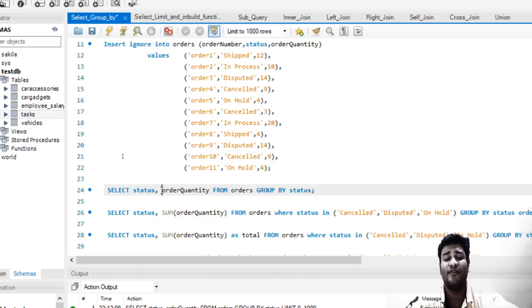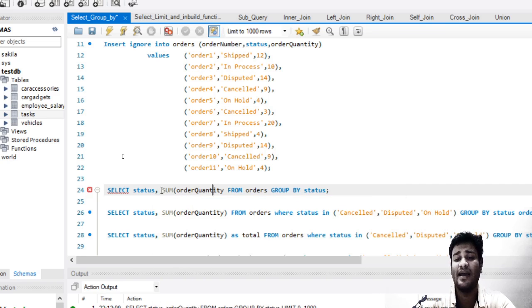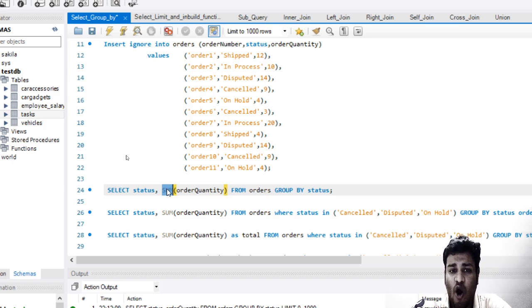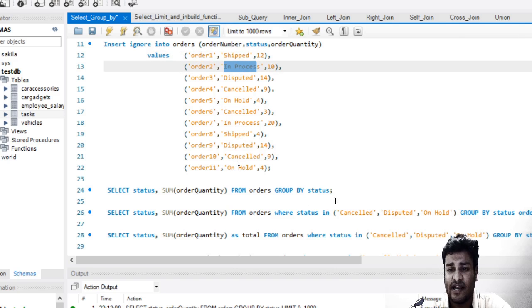So in business scenarios, GROUP BY is always used with aggregate functions. For example, you want to see the number of orders which have been shipped: sum all the orders which have status shipped, sum all the orders which have status in progress.